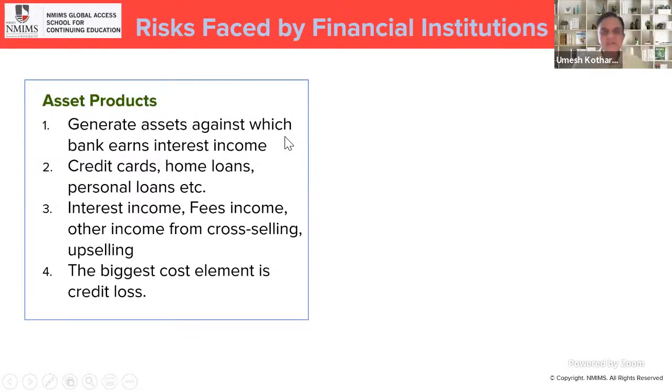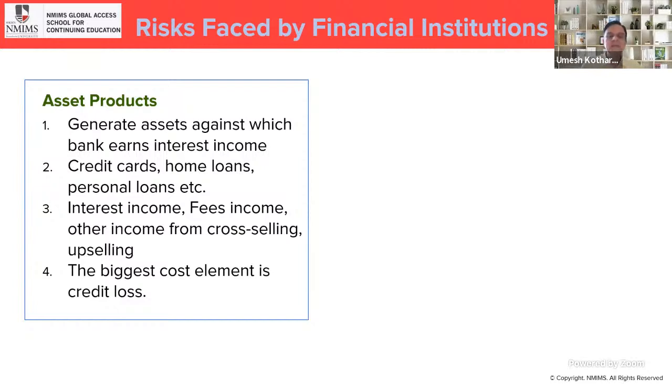For financial institutions, things are different compared to our individual balance sheets, or the way we look at finances. An asset for us is a liability for them, and a liability for them is an asset for us. So when the bank says asset products, what products are they referring to? They're referring to the interest they get from us on the loans they have disbursed. So all credit cards, all kinds of home loans, all interest income and all fee income they get are a part of their asset products,